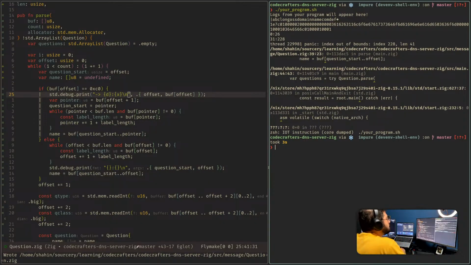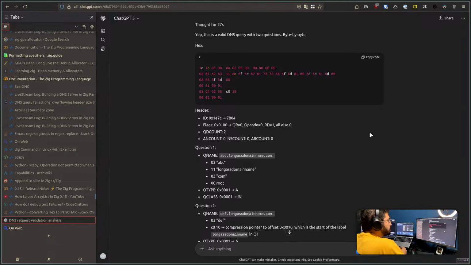True. It never happens to end up here because the second time the question starts is to start with this, right, tries to read these, and then